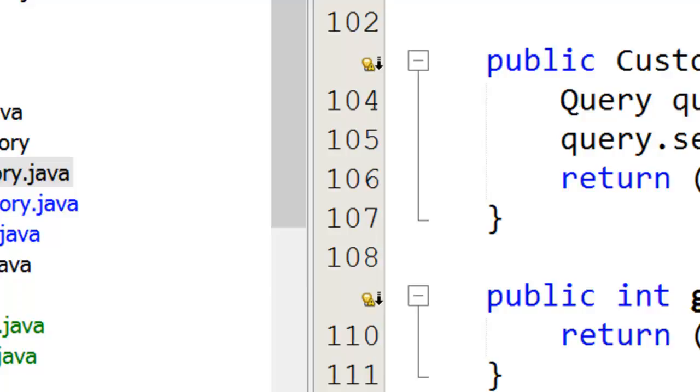And the advantage of this, by the way, is that this query will get compiled. If you put a wrong column name, the compiler will tell you that you have a wrong column name. If you use plain SQL, you will not find out the error until runtime. When you run it, it will crash, and then you will find that you are referring to a column that does not exist. So JPA is a really very, very powerful new API that added a lot of value in